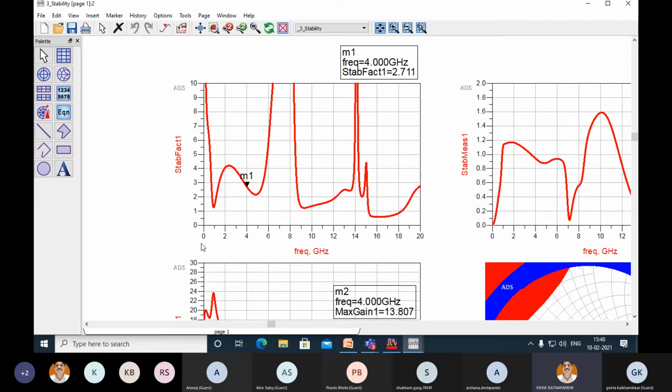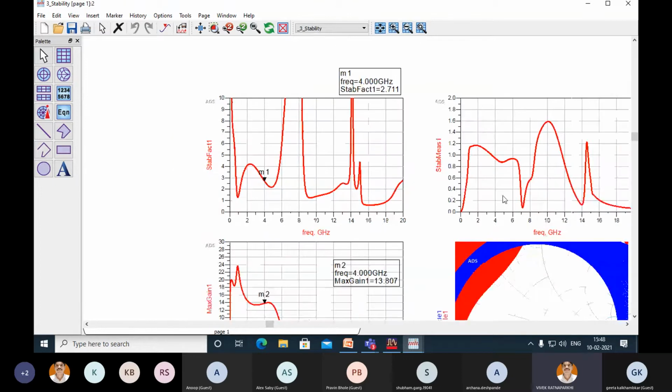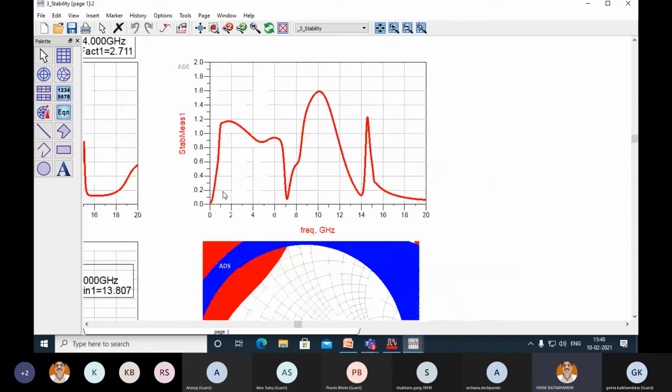So it is very important your amplifier or your transistor should be unconditionally stable right from DC to at least fT, the transition frequency. So what I did, I plotted the stability factor right from DC, and as you can see, it is always greater than 1, right from 0 to at least 15 gigahertz. So that is why, and at design frequency it's quite high, 2.71. So it is stable. This transistor with the bias network, which I have demonstrated, is quite good up to 15 gigahertz. So there is no issue. And if you see, the stability measure is also greater than 0. So that is another check, the transistor is stable.